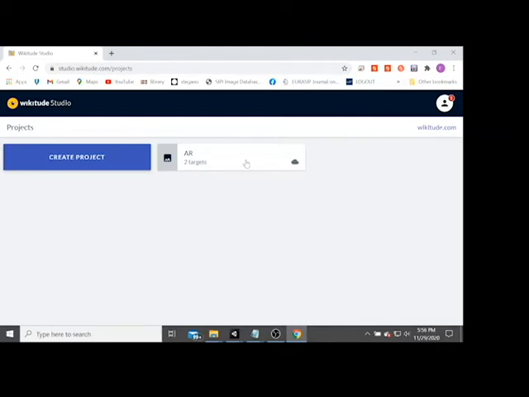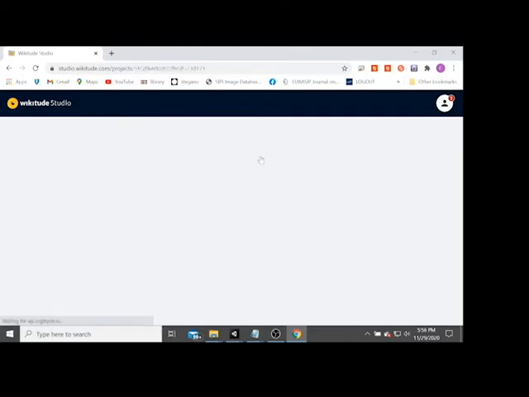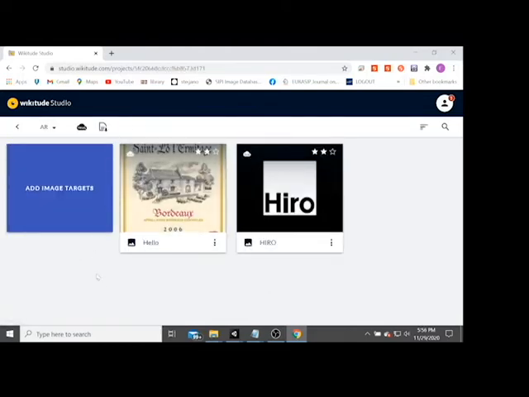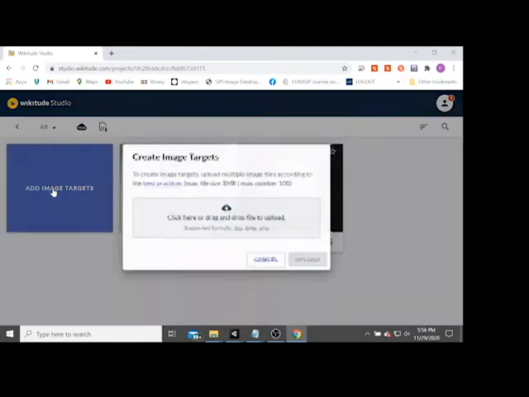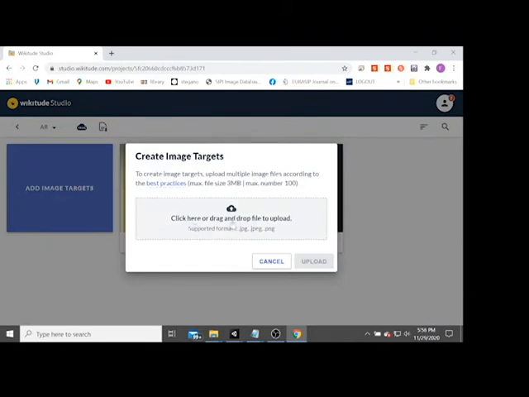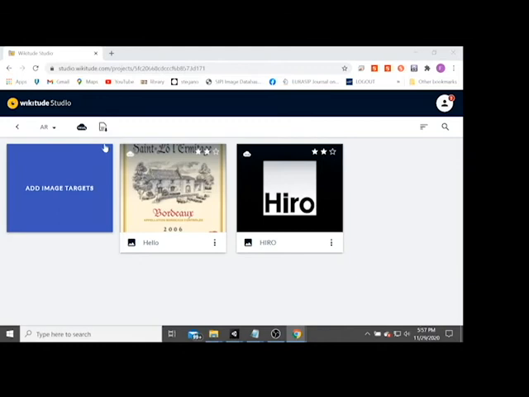So those who have the client ID can access it. For example here, I already uploaded two markers. And if you look at this symbol here, we have 2 stars. It means a medium marker, so it has moderate quality. And you can upload and add the image target here like this, and you can drag and drop, and upload it. Here you can see the download of the WTC.